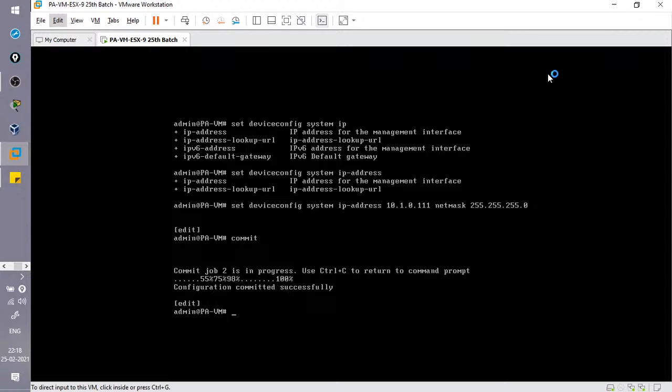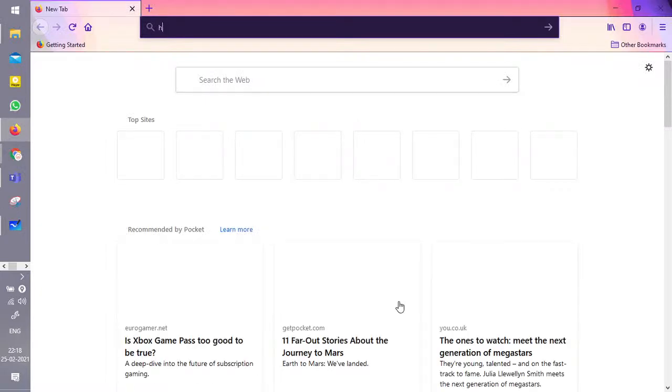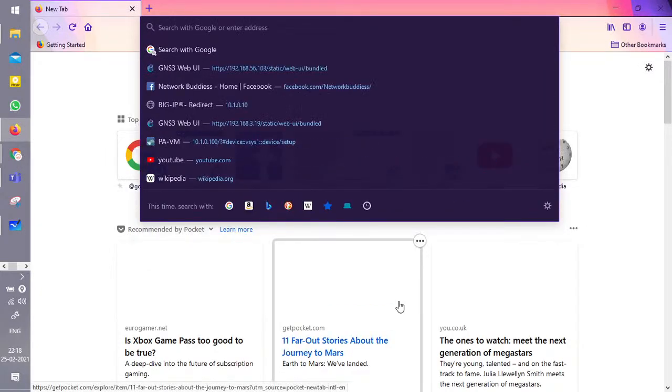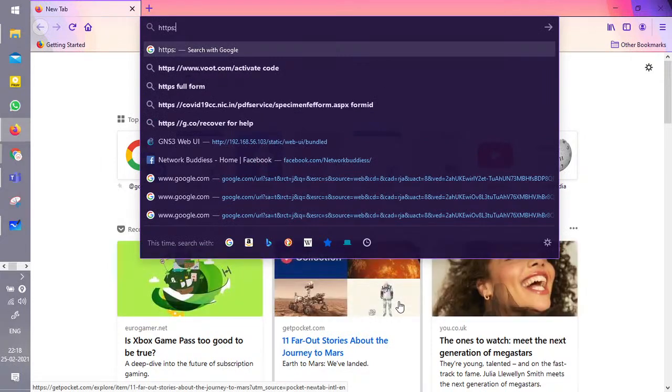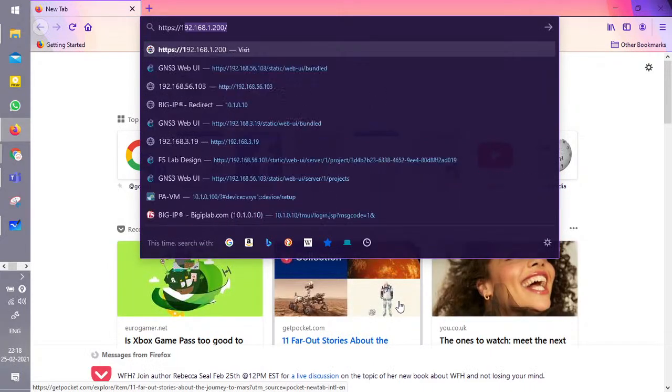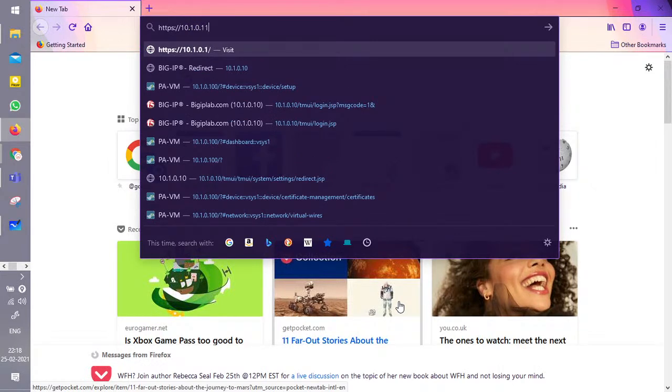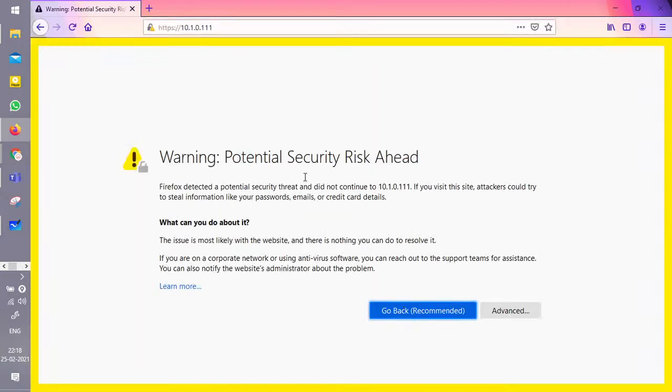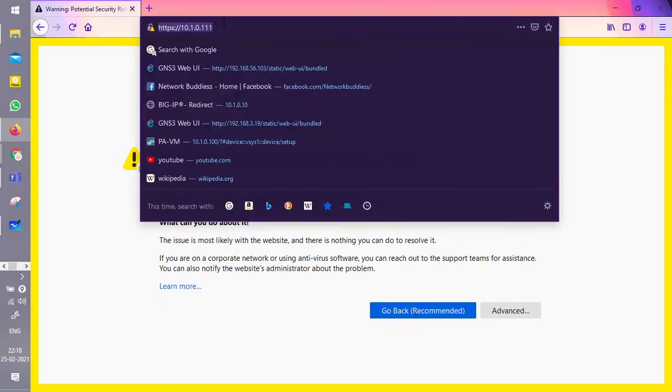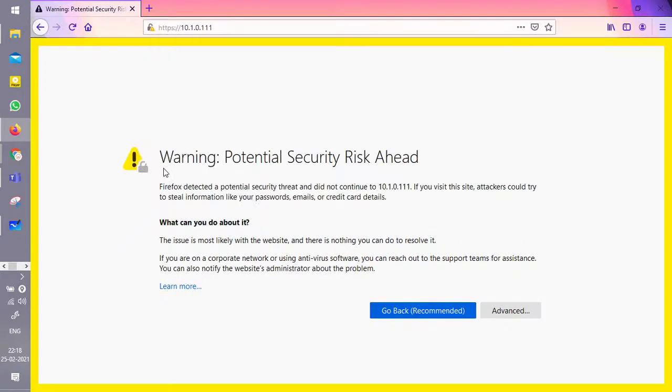Now let me do one thing. Just open Mozilla Firefox. I would always recommend you all to use Mozilla Firefox to access your firewall. Now, HTTPS, this is the IP address of your firewall, 10.1.0.111. Now guys, this would be the certificate error,